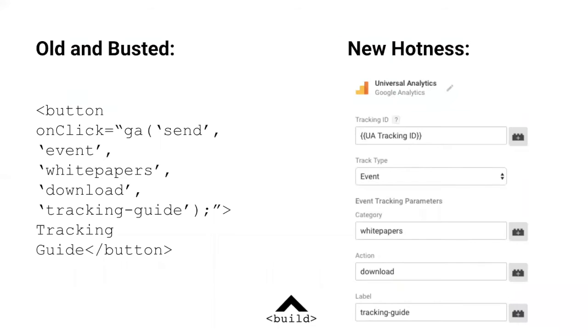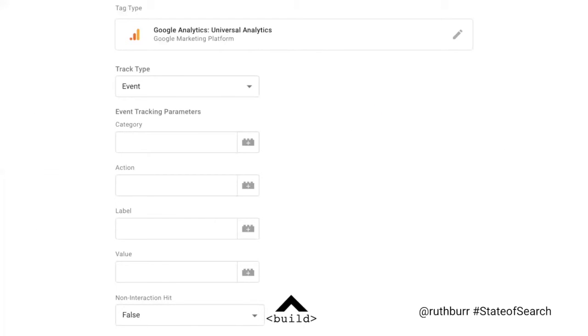To me, the beauty of Google Tag Manager when it first launched was that before Google Tag Manager, in order to do event tracking in GA, you had to hard code it. And that meant getting developers involved. It meant event tracking was hard to implement and hard to change. Now, and I say now, it's been years at this point with GTM, event tracking can all be done within the GTM interface. And the other thing that I really like about GTM is that instead of hard coding or having static values for things like your category, action, or label, you can actually use dynamic parameters, variables,